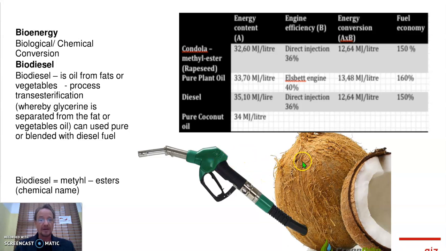Good. However, there is the option of co-firing. Co-firing is the combustion of two different types of materials at the same time, which improves the combustion, for example, of fuels with low energy content, like landfill gas with a high CO2 content. Landfill gas needs to be burned with another gas, like natural gas, to actually burn efficiently. Okay, so that was biodiesel.